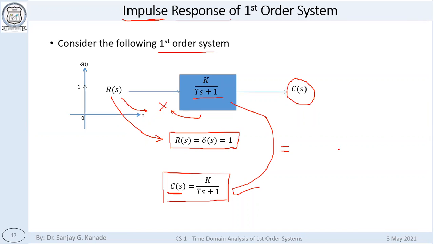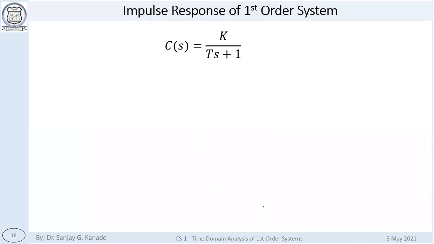Okay. So this was the impulse signal given. If I give an impulse signal to the system, I get the output, which is called the impulse response. And if I take the Laplace transform of the impulse response, I get nothing but the transfer function equation. Again, C of S is equal to K upon 1 plus TS. And when we say we want the time response, we must find the response in the time domain, as a function of time.